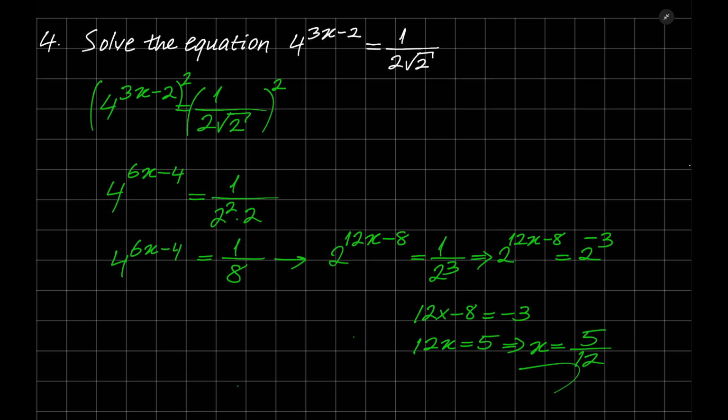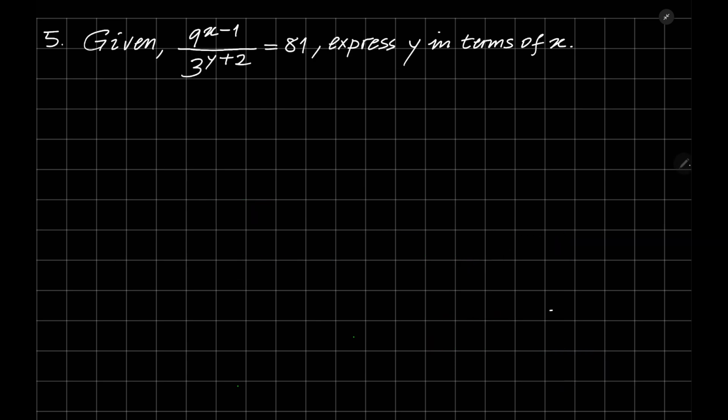Okay, let's go to the next one. It's given that 9 to the power of x minus 1 divided by 3 to the power of y plus 2 is equal to 81. Express y in terms of x. 9 to the power of x minus 1 divided by 3 to the power of y plus 2, which is equal to 81, which implies that